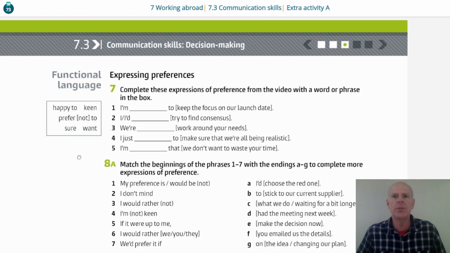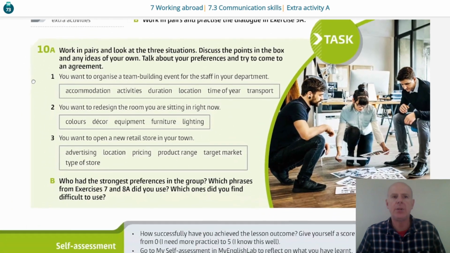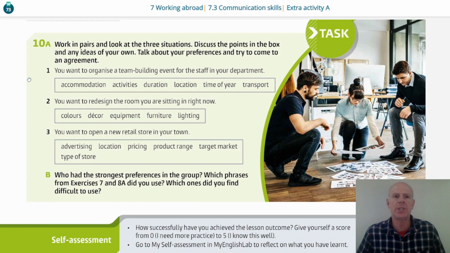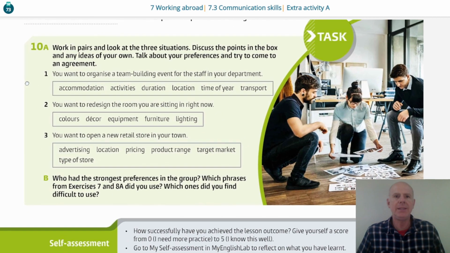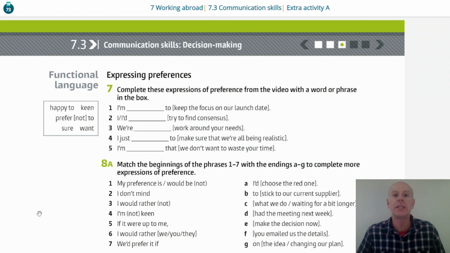And in this lesson, we are going to practice the functional language connected to expressing preferences. Positive ones, negative ones, and what we think about things. In the end, we are going to organize an event or organize something. And this is very nice because we are going to be able to express our preferences in our live lesson. But for this preparation, and I think that this is very convenient for us that have to express preferences all